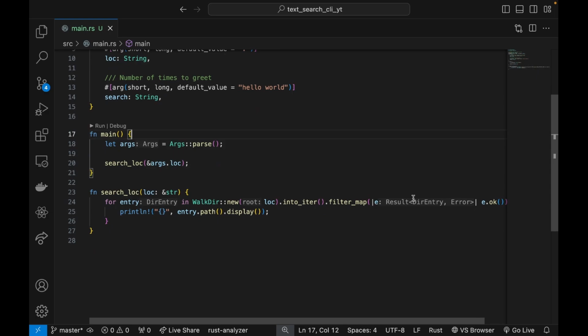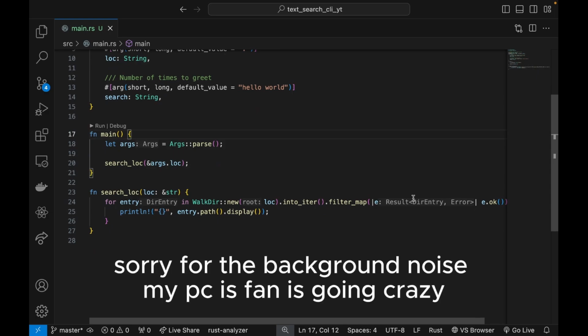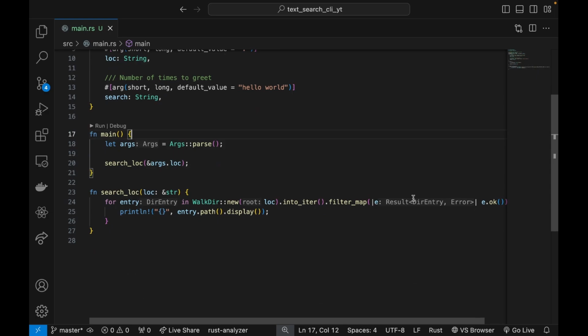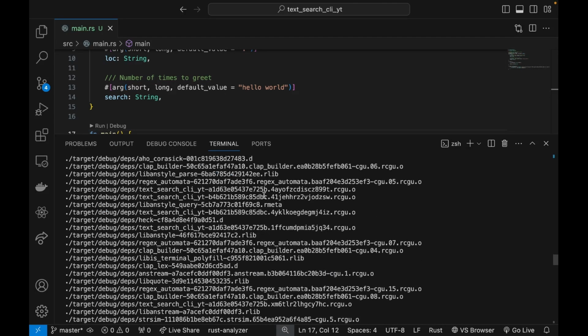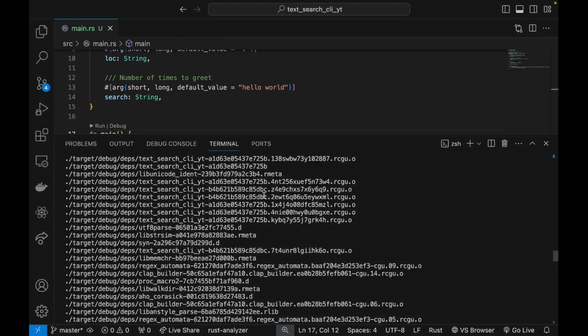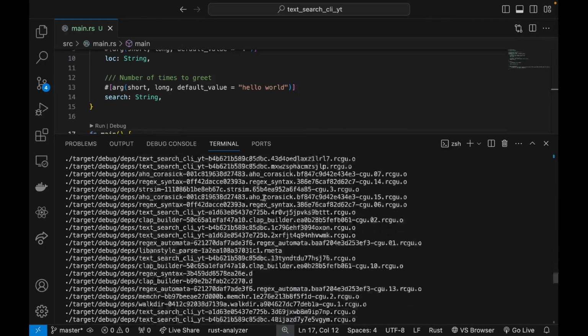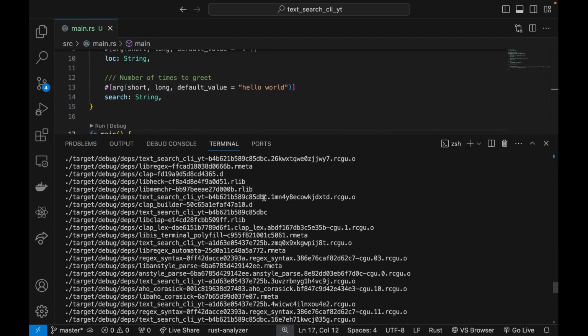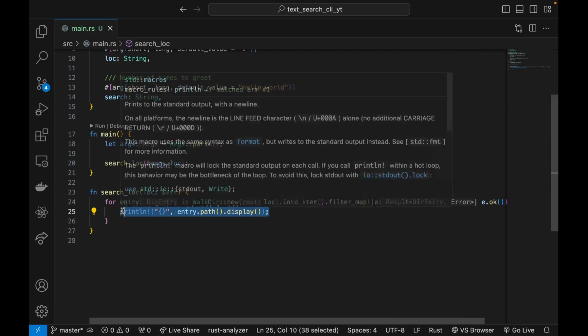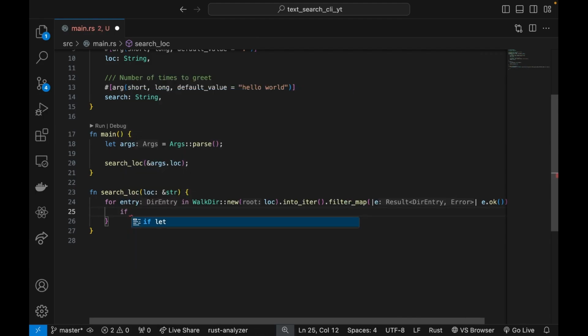Just close this, and since we know that we are now able to get that, what we need to do next is find a way to differentiate if the path that has been specified is a directory or a file, because this specifies all the paths it comes across, regardless of if it's a file or a directory. So now we want to make sure that we are actually differentiating between a file and a directory. In order to do that, what we have to do is: if entry